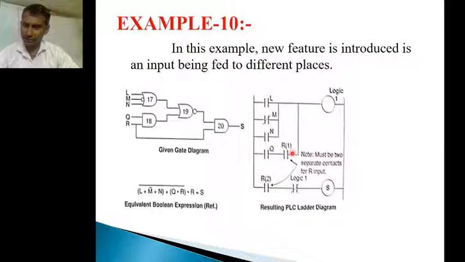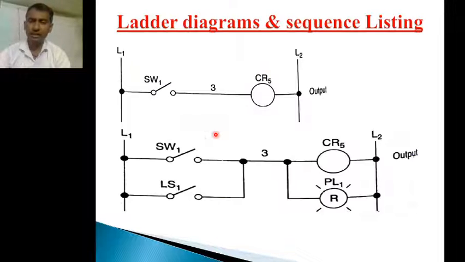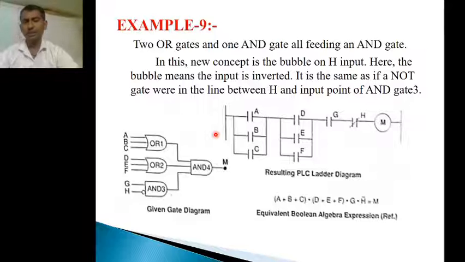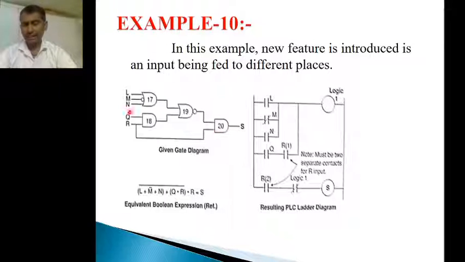So here we can represent the R. We can represent this R a second time. These two are connected to the AND gate, so we can represent these two in series. By connecting this series, we can get the output. So here we have the bubble on the output side. In the previous examples, we won't get bubbles on the output side. So coming from the input side, I can analyze this example. With this, we can complete the conversion examples.